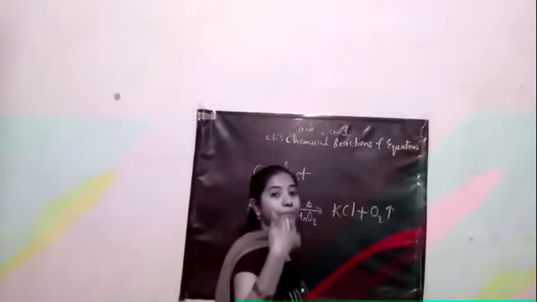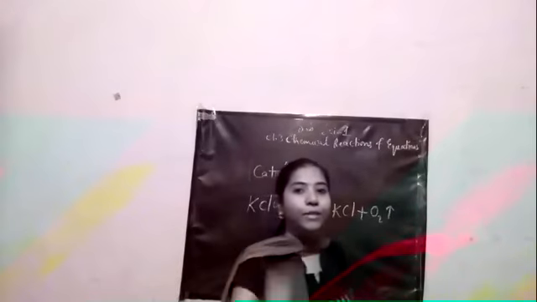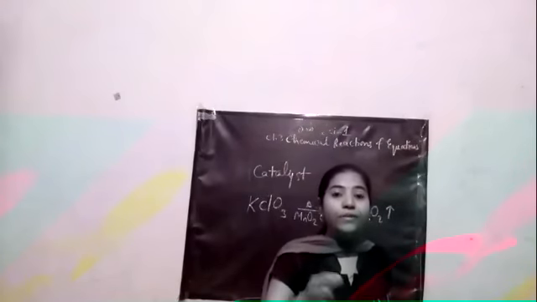I'll give you another example, potassium chlorate. The molecular formula of potassium chlorate is KClO3, and it will be heated. No doubt it is going to get converted into KCl and oxygen gas will be released. But in the presence of a catalyst like MnO2 again, that is manganese dioxide, the decomposition will take place fast. That means the rate of the reaction is going to be high in the presence of a catalyst. So a catalyst also plays an important role in completing the reaction, and the rate of the reaction also depends upon the catalyst.